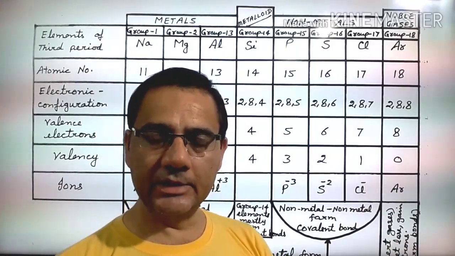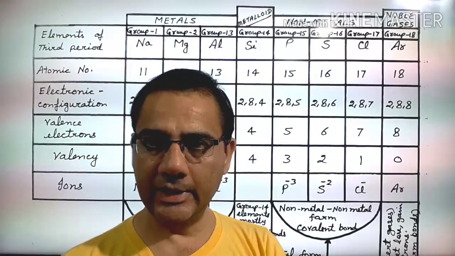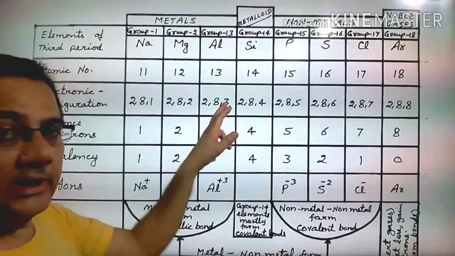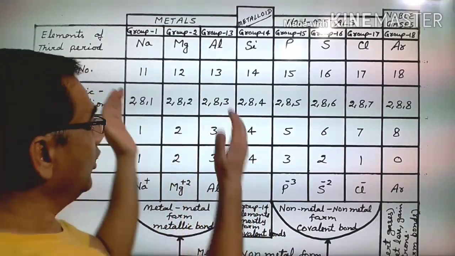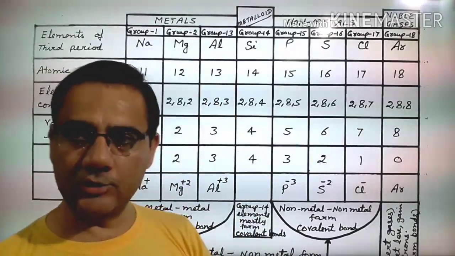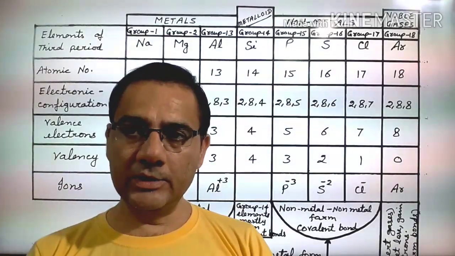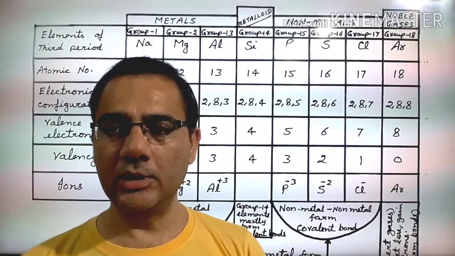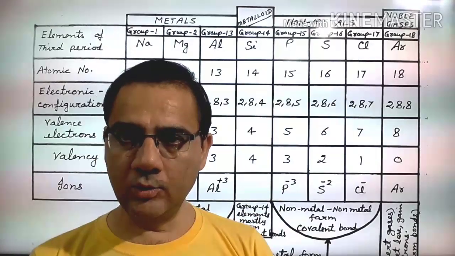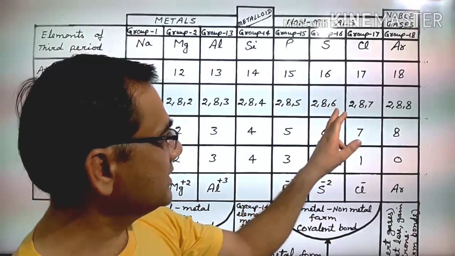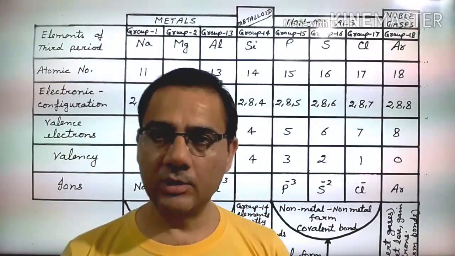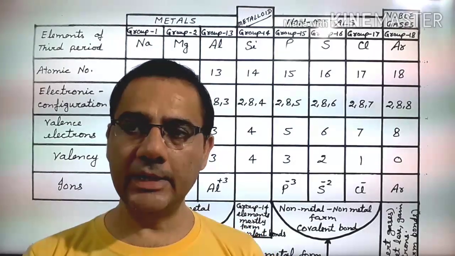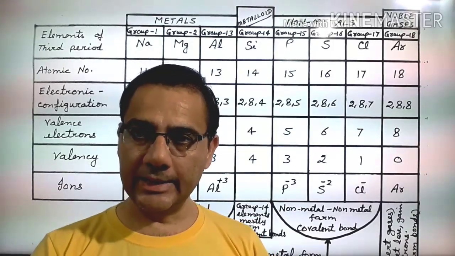Now after studying this, one thing you see very clearly, that all those elements which have 1 electron, 2 electrons, 3 electrons in the outermost shell, these elements which have 1, 2, 3 electrons in the outermost shell, they always lose electrons, and after losing the electrons, they want to make 8 electrons in the outermost shell. And all those elements which have 5 electrons, 6 electrons and 7 electrons in the outermost shell, they never lose electrons, they always gain electrons. They try to make 8 electrons in the outermost shell by gaining electrons.